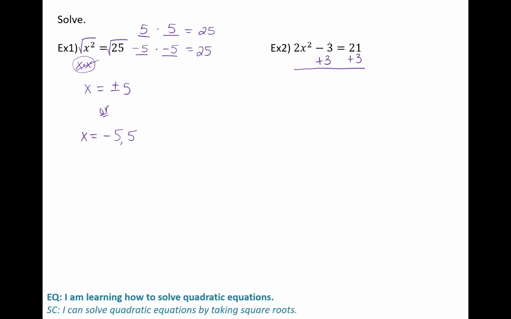So add 3 on both sides, this goes away. I get 2x squared equals 24. I'm going to continue solving for x, so I would divide both sides by 2, and I get x squared equals, let's see, 12. 2's cancel out. Good. All right, then my final step here is to undo or get rid of the squared